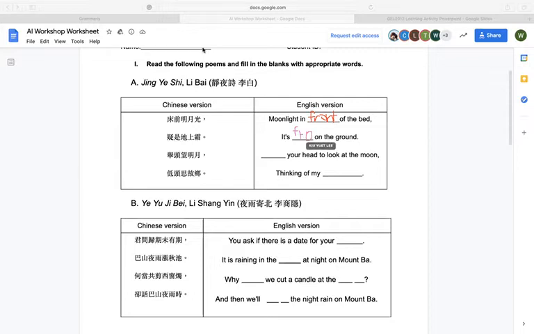Yes. Yuet is answering. Yes, it is froze. And yes, it is froze on the ground. Oh yes, the last sentence is thinking of my home. It is correct, but another answer could be hometown, because this is, yes, exactly hometown. And the first sentence in this poem, correct, is raise your head to look at the moon,